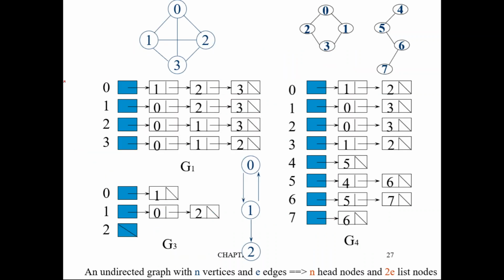See here, in the adjacency list, take this directed graph. Here for 0 we are taking only the out degrees, only the outgoing edges. From 0, what are the outgoing edges? 1, that only we are marking here. From 1, what are the outgoing edges? That is the outgoing edge to 0 and 2, only that we are marking here. From 2, there is no outgoing edge. So this is the adjacency list.